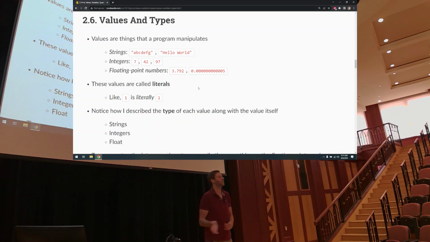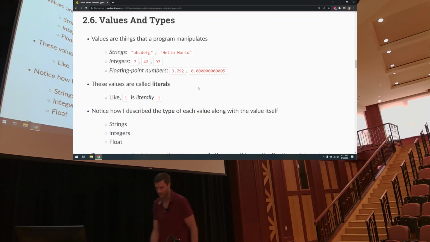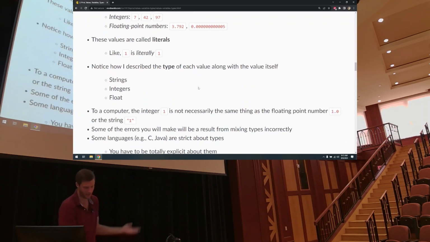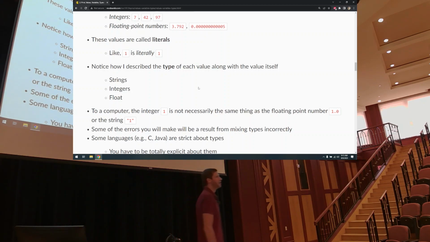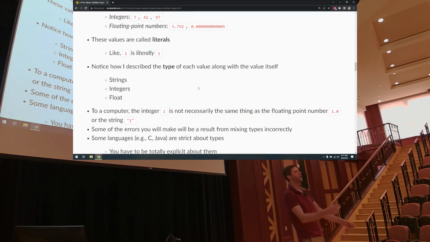This is a word that you don't really hear very often, but they're called literals. The number 3.792 is literally the number 3.792. This is as opposed to variables, which we'll talk about in a moment if we actually get there today. Okay, strings, integers, floats. So to a computer, the integer 1, the value 1, and the value